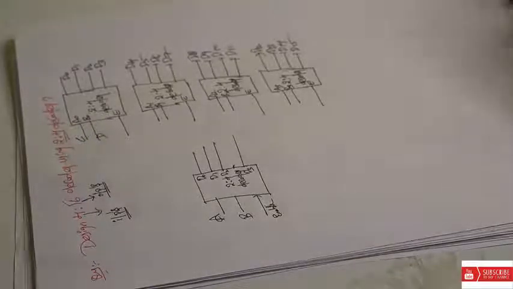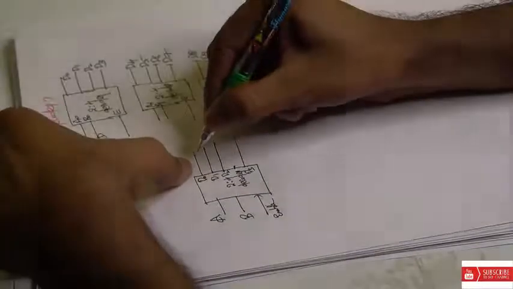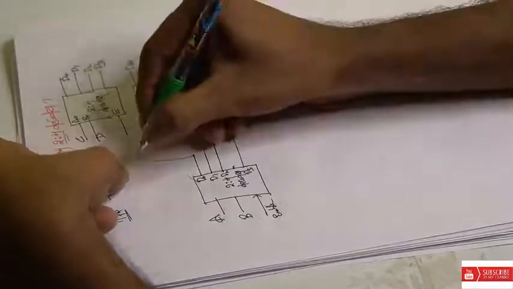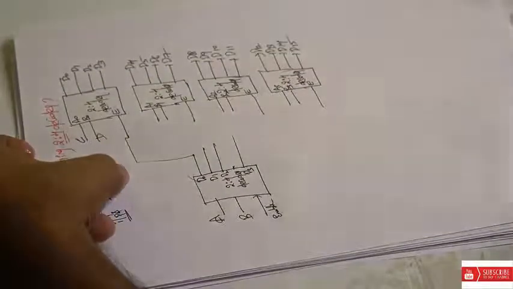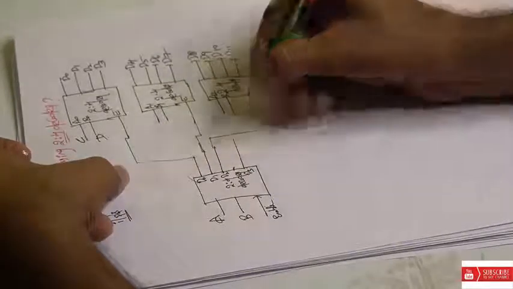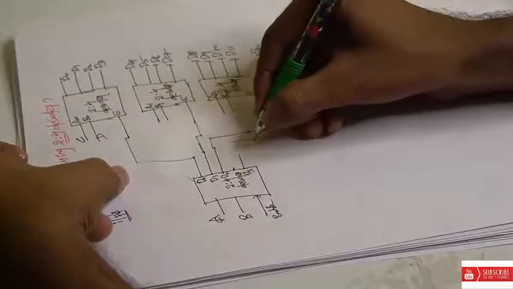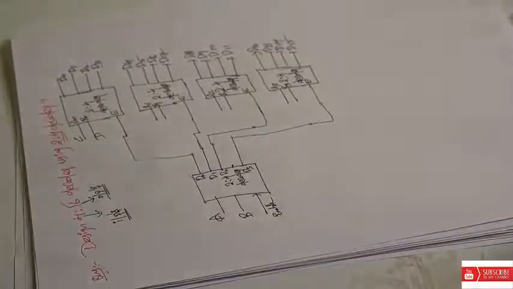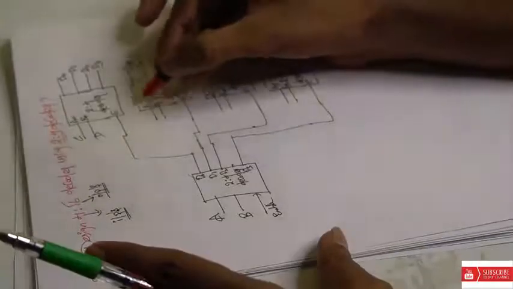Let's do some wiring for this 2 to 4 decoder. Here whatever output we are getting, D0 in this line, we just connect to this enable, and next D1 to this enable, and D2 to this enable, and D3 to this enable, and here two inputs will be missing. That will be A1 B1, A2 B2 and A3 B3.